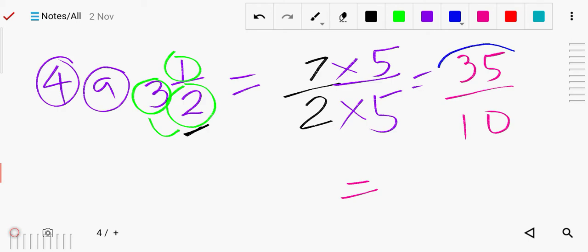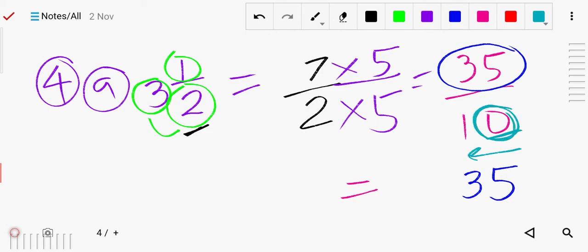So what you will do is write this 35 first here. Now count how many zeros are in the denominator part. How many zeros? Only one zero. Now the same process: from right to left we will move, counting only one digit, because there is one 0. So count 1, and just before that you put the point. So your answer is 3.5, because there is one 0. Count one digit from right to left, and just before that put the decimal. That is your answer, 3.5.